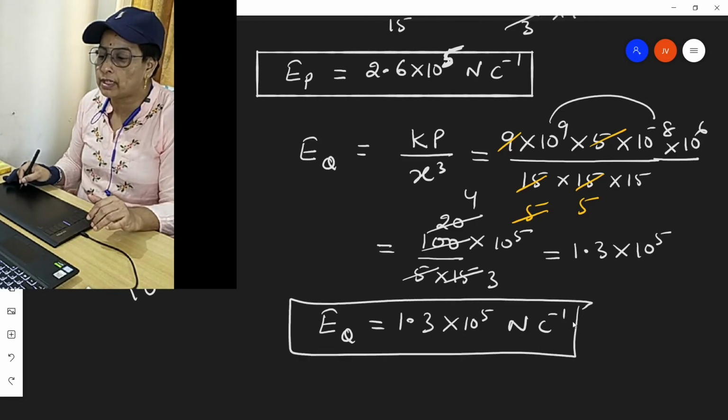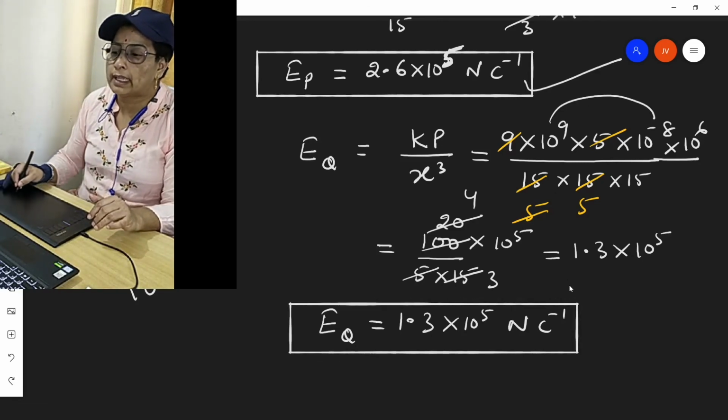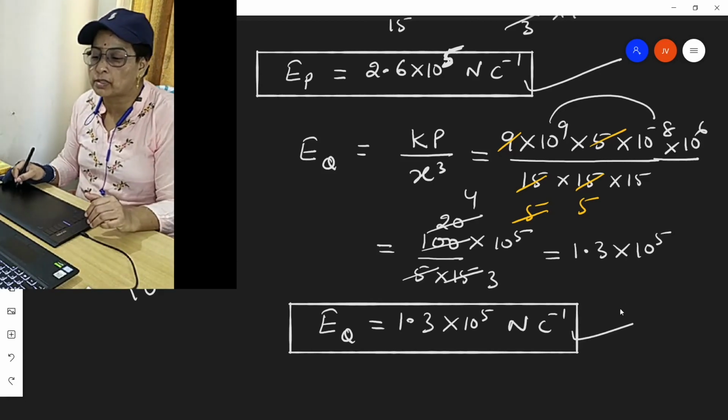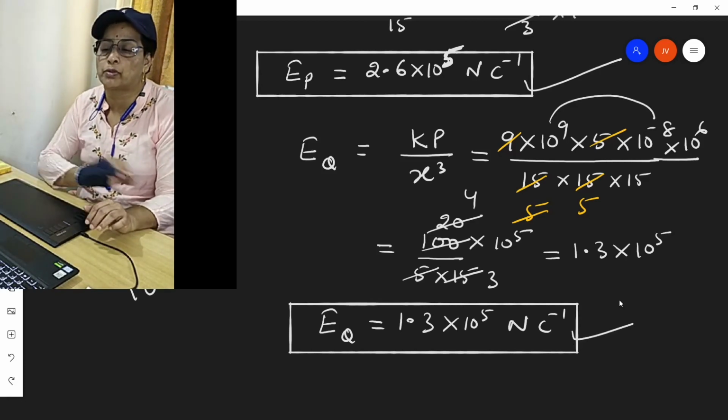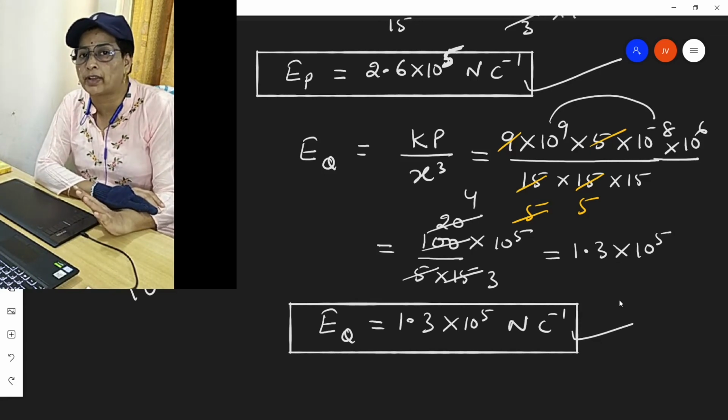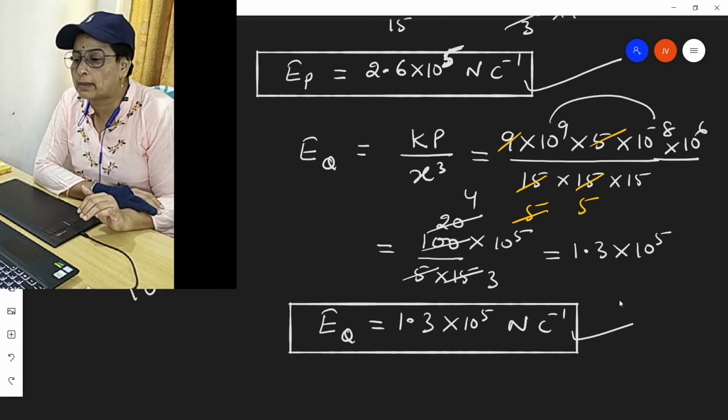So the electric field at point P is double the electric field at point Q, which is on the equatorial plane. This is how we find the solution to example